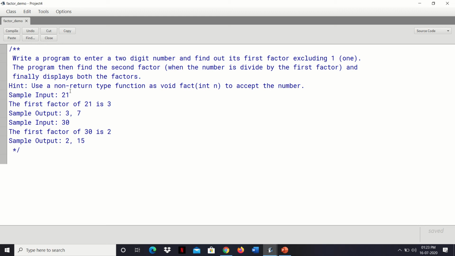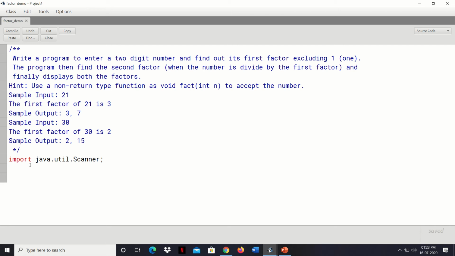First we'll import. This is the documentation part. This blue color you have seen, where we are using front slash double asterisk, and again single asterisk front slash, is the documentation part. Now let us import a package over here: import java.util.Scanner, to accept an input of a two-digit number through the Scanner class. This is accessing a package.